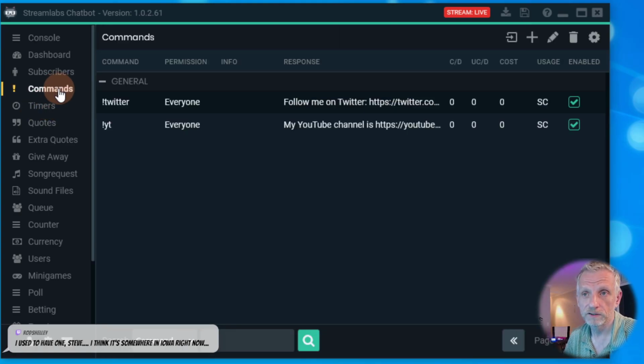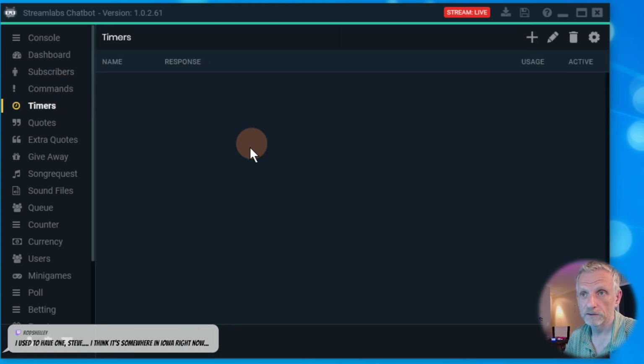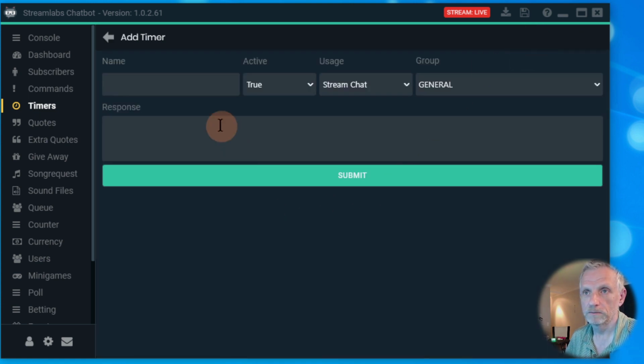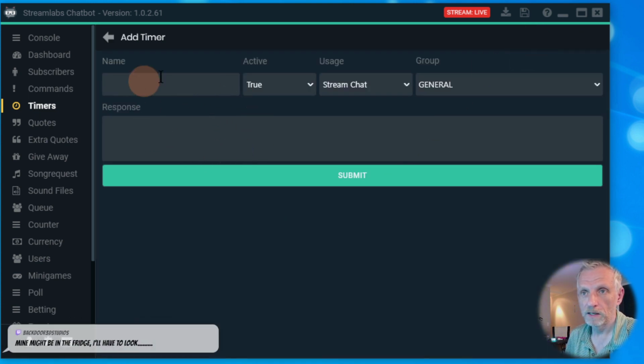There's also something related to that, which is timers. Timers are up here, literally the one underneath commands. You can set up a timer, and that works much the same way, except that it puts this message in automatically at regular intervals. If you want to nag people with a random list of stuff, like become a Patreon supporter, I have to give it a name. I'll call this test. This is just an internal name that we won't be able to call.